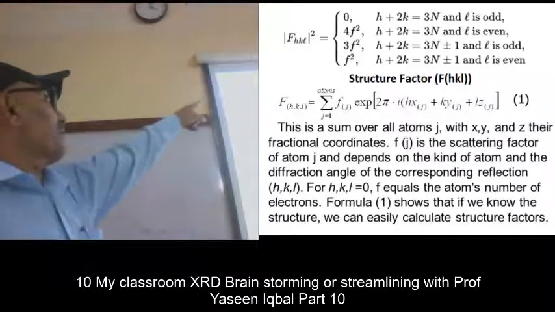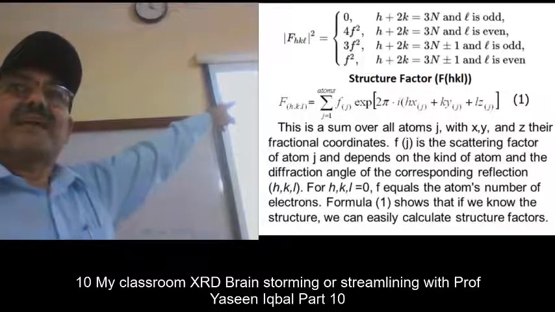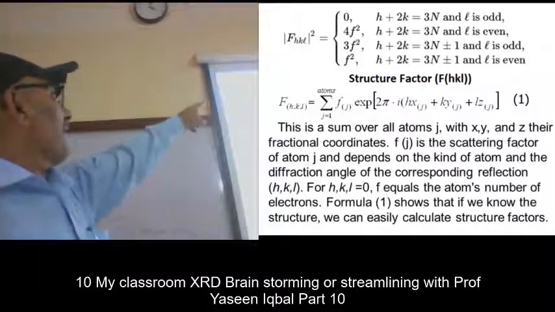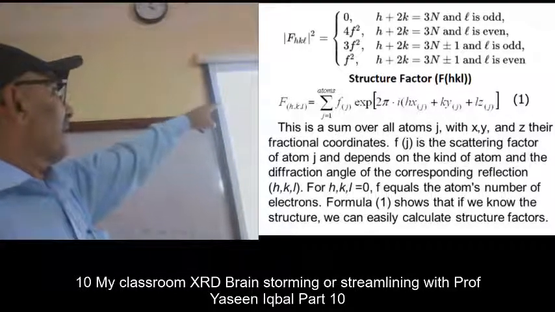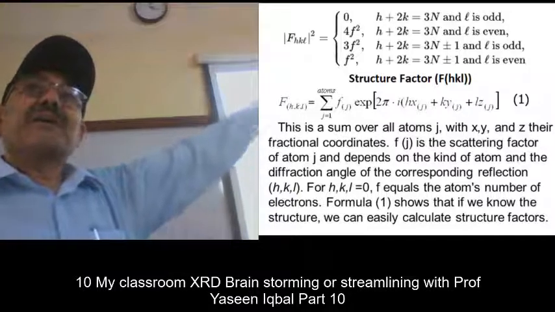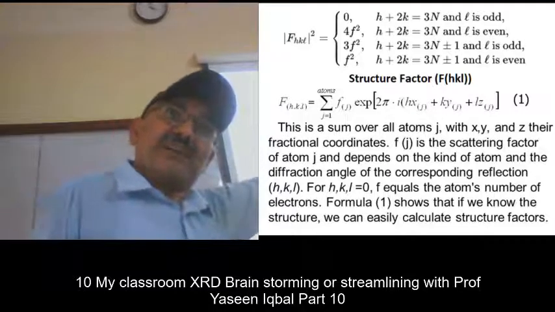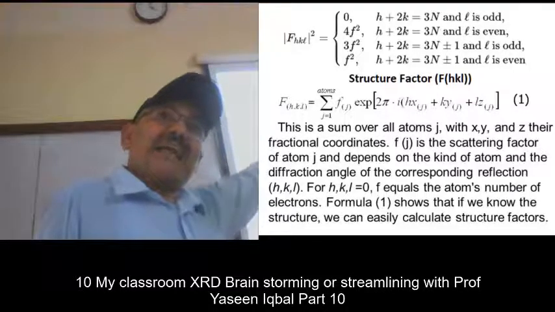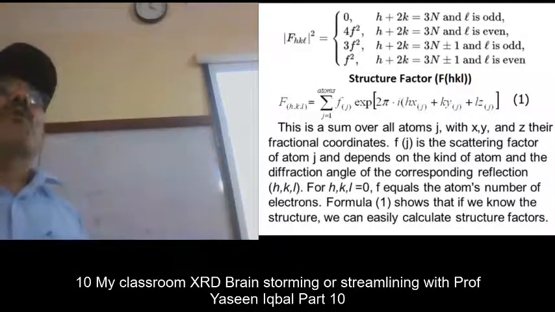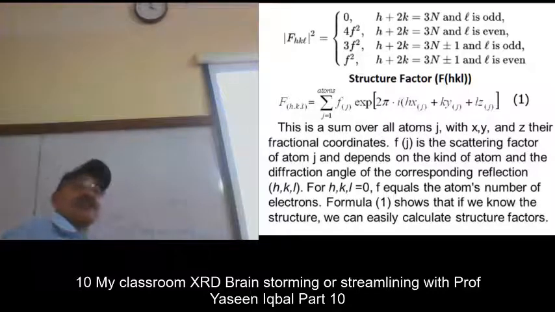Similarly, its value is 4Fi square, if you remember, Fi, right? 4Fi square, when H plus 2K is equal to 3n and L is even. This means that L odd is not allowed and L even is allowed. So all the reflections with L odd will be missing from your XRD pattern,